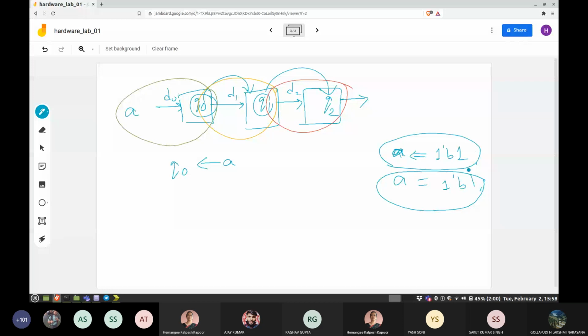So you can try both the variants and then check whether your synthesized design is as expected. All right, so this is one part of your assignment. Is this clear? Ashwati, was it audible properly?